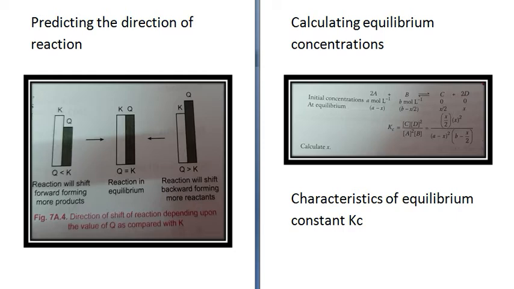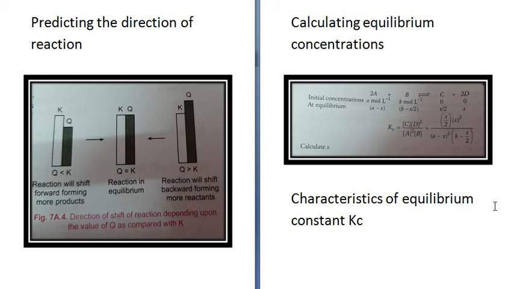Now suppose there is a reaction aA plus bB gives you xX plus yY. At any stage of reaction other than the stage of chemical equilibrium, the concentration ratio as given by the expression for law of chemical equilibrium is called concentration quotient or reaction quotient. It is given by Q, and the value of Q is Q equal to [X]^x into [Y]^y upon [A]^a into [B]^b.